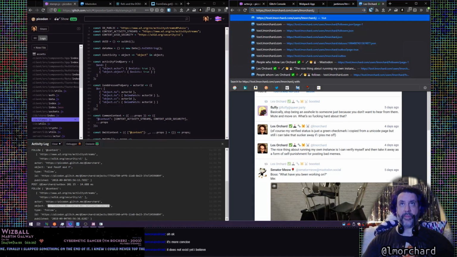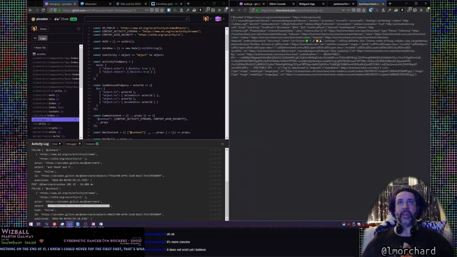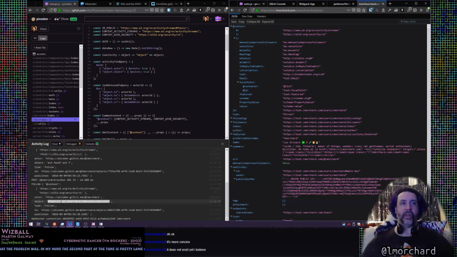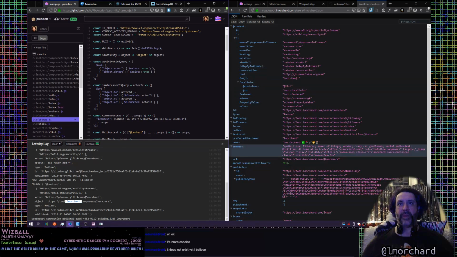But I put JSON at the end, that kind of forces the app to do it. So this URL is actually an address pointing at this data across the network. So this follow activity is saying, follow this person on this site, here's my address. I want to follow this address, and if you follow that URL, you get all the details about the person I want to follow,